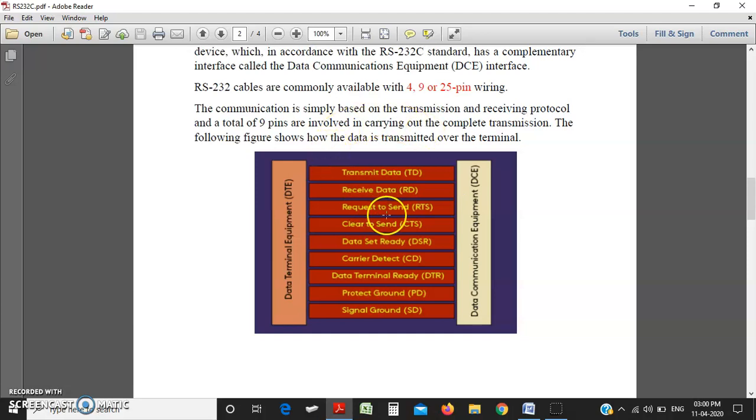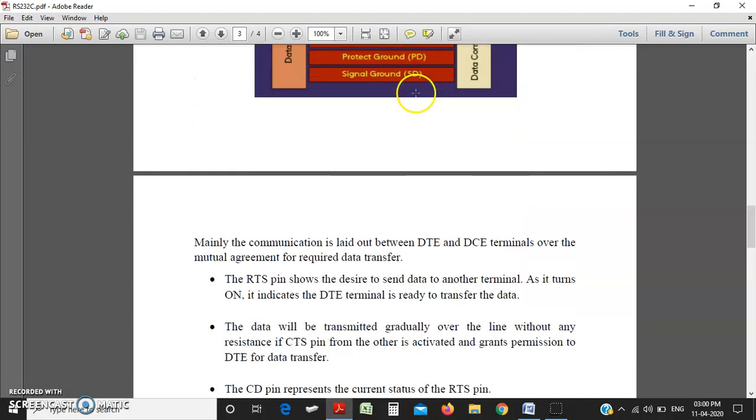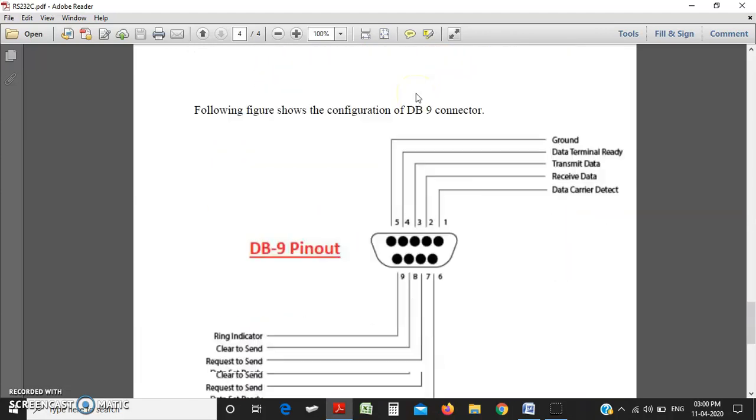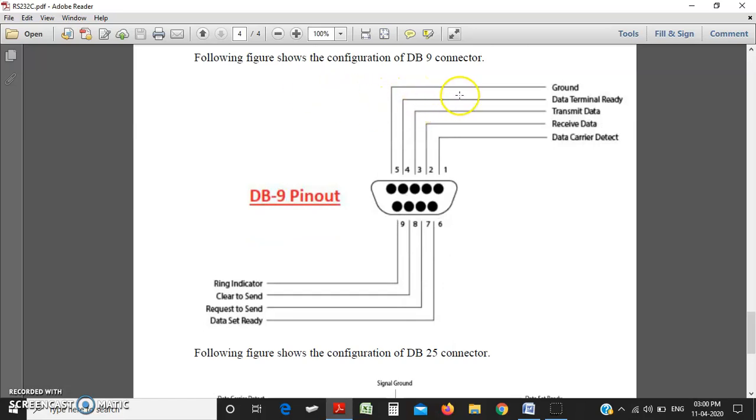So we have discussed here the process of communication using 9 pins. We have a 25 pin connector as well. This is the figure of the 9 pin connector.